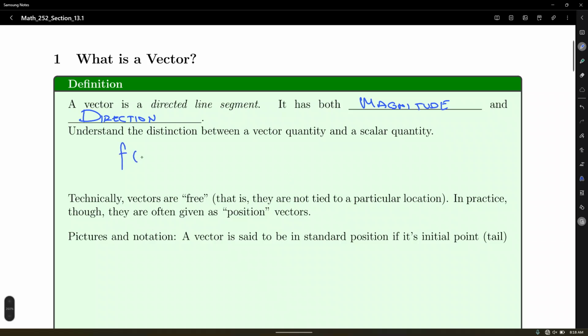For instance, some function f of x equals x cubed plus 5. This is a scalar quantity. This is a scalar function. Input, output, all the bells and whistles that are related to a function. But that's it. You input x, you output y, without pretty much any meaning in terms of comparing it with